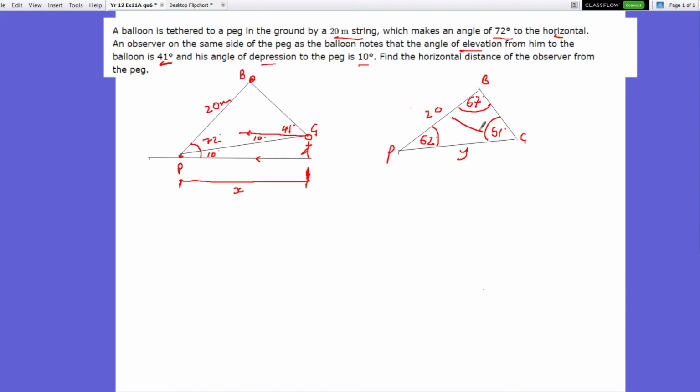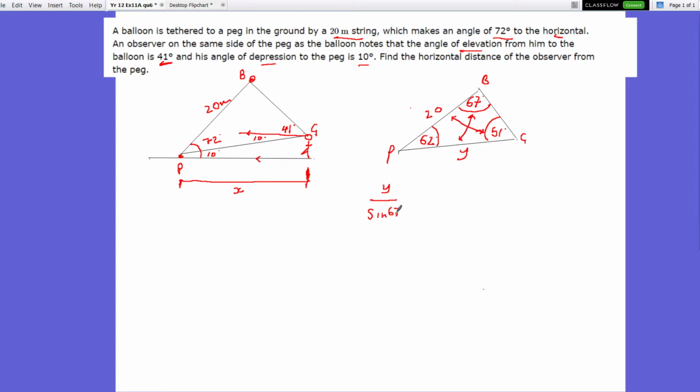These two are a pair, and these two are a pair. So if we've got a pair of values, we use the sine rule. Sine rule, as you know, is a over sine A equals b over sine B. So in here, because we want the side, we're going to put y over sine opposite that, which is sine